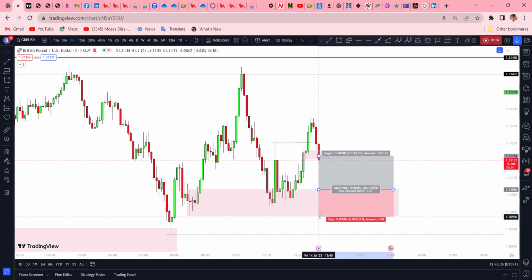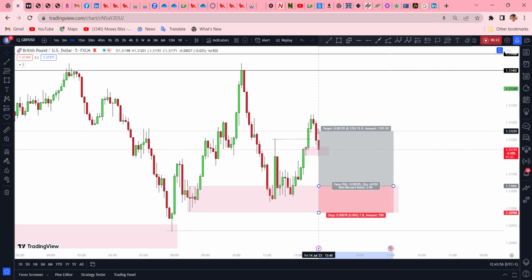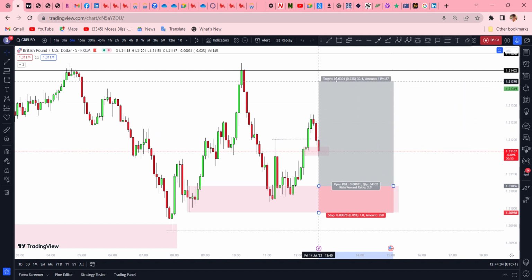And one thing is, when market goes at least 1:2 ratio, carry your stop loss and put it at break even. Or if it's not break even, you take partials. So this is about 1:2.6. So when the market was around here, it's break even for me, or taking partials, or let me say break even, fine. Put it here for break even, and even if it comes back, you're still in profit in trade. But 1:2, this is about 1:3. So this is 1:4. Now, having 1:4, still trade.